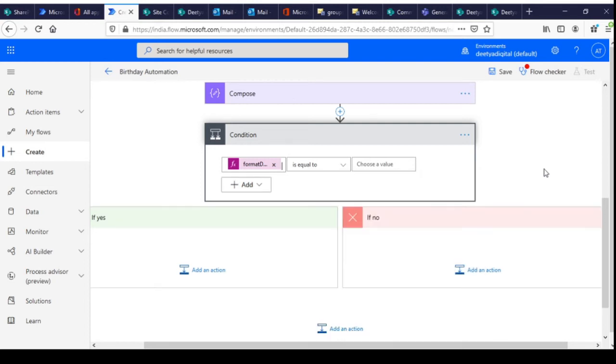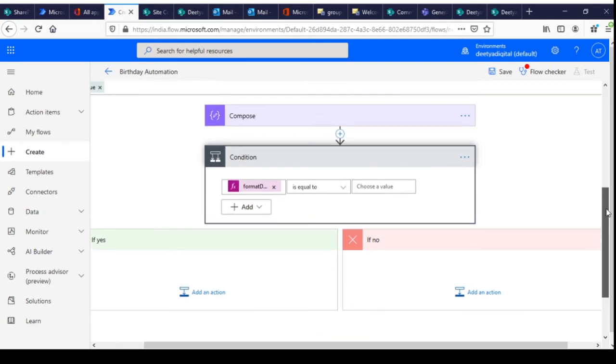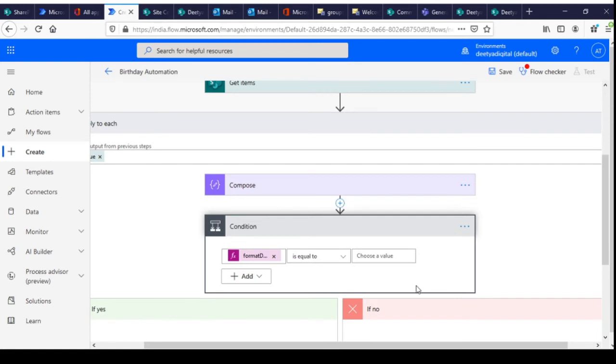is required. The compose we used has the birth date from the SharePoint list for one record, and it will run till the last record. So it will check each and every record, and if it matches today's date, then it will go to yes. If it does not match, it will go into the no branch.